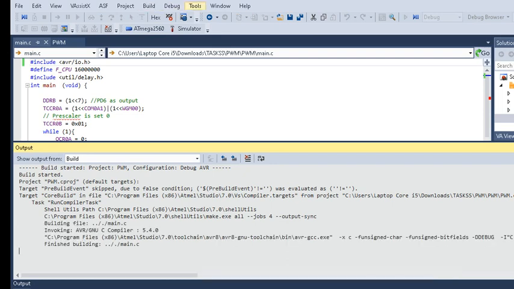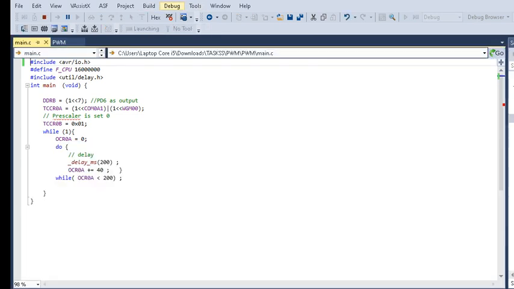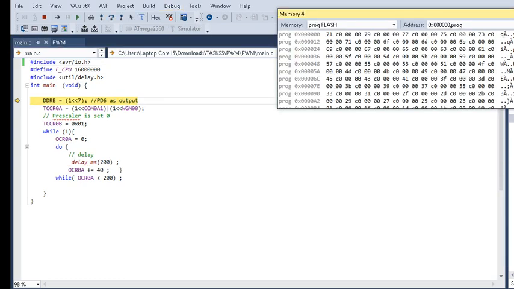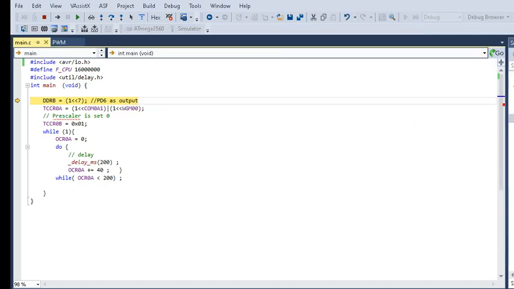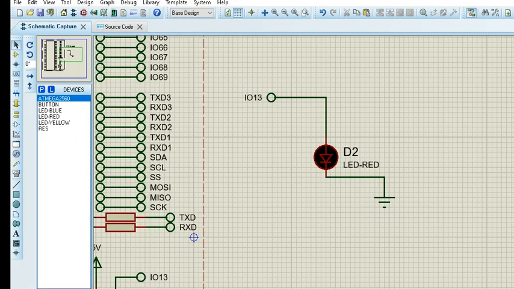So I have now debugged the program, and here it has been debugged. So now we will carry on our simulation towards